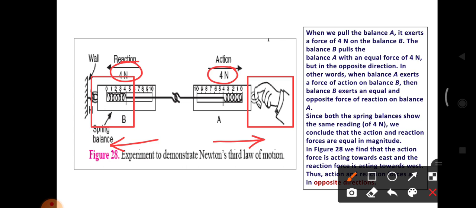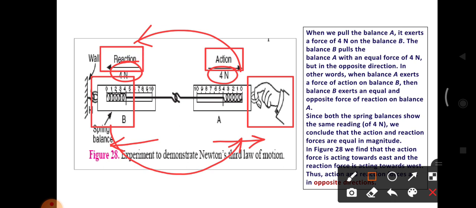In other words, we can say that when balance A exerts a force on balance B, balance B also exerts an equal reaction force on balance A. Since both the spring balances show the same reading, 4 Newton, from this we can conclude that action and reaction forces are equal in magnitude. That means here both the spring balances show the same value, 4 Newton. So same magnitude,